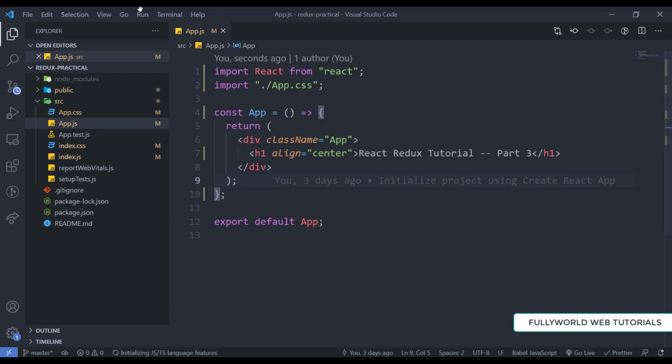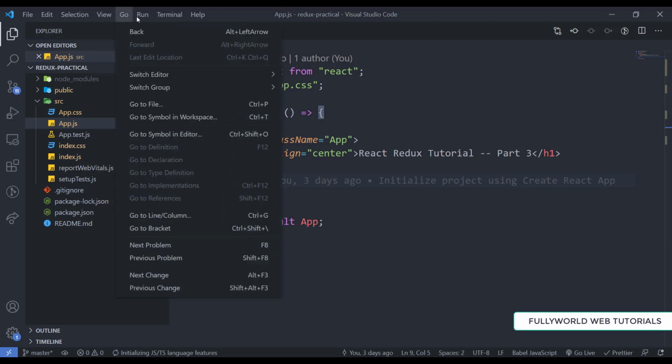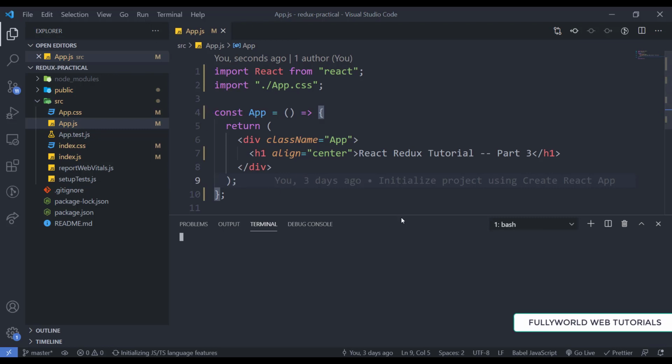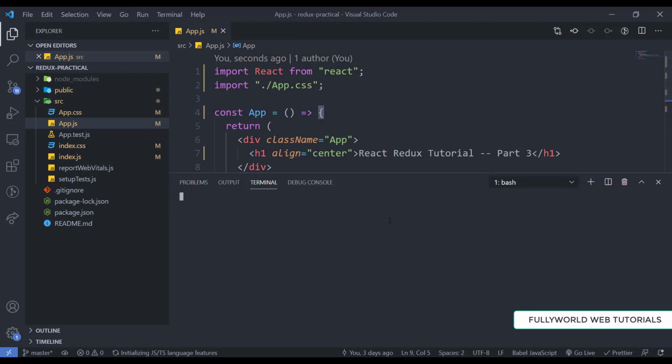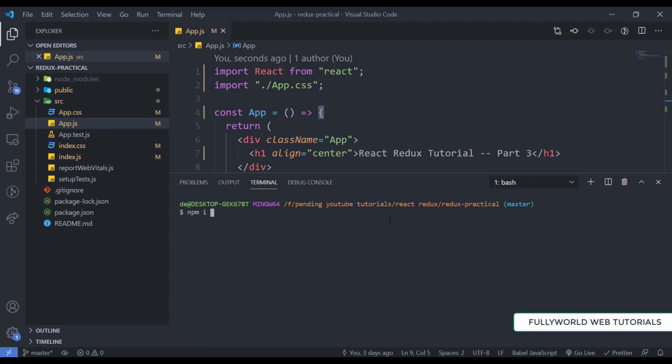First of all, we will install our dependencies. For that, simply click on view, and there are two methods. You can click on terminal and then new terminal, and a new terminal will be opened for you. If you are using yarn, then simply write yarn add react-redux, and then we want redux and the redux devtools extension.